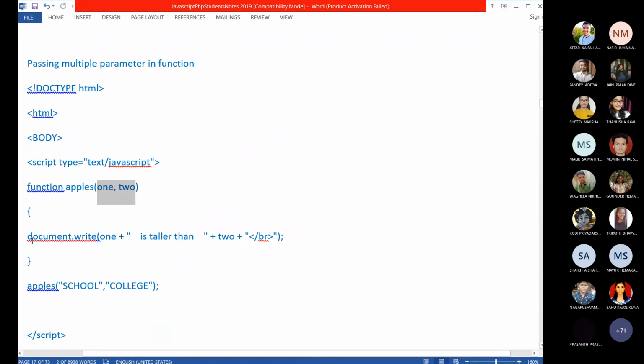Then it will execute document.write. Now the browser knows 1 equals school. This is a little irrelevant, we can replace it with some name here. As per our code, school is taller than college, but just ignore the meaning. You can replace these with two names, like the boy is taller than the girl.